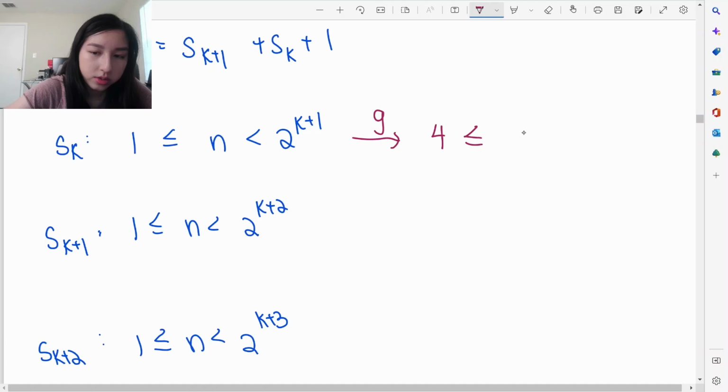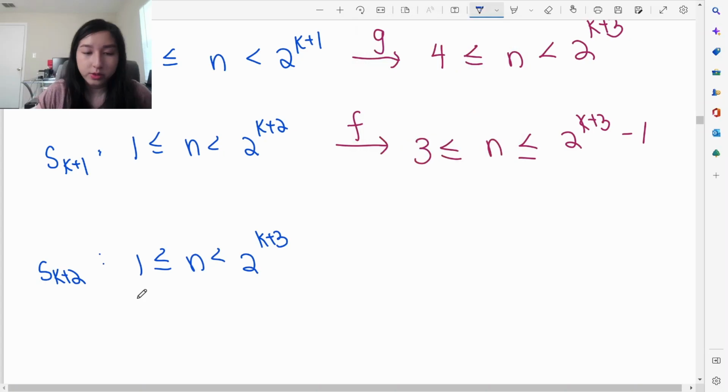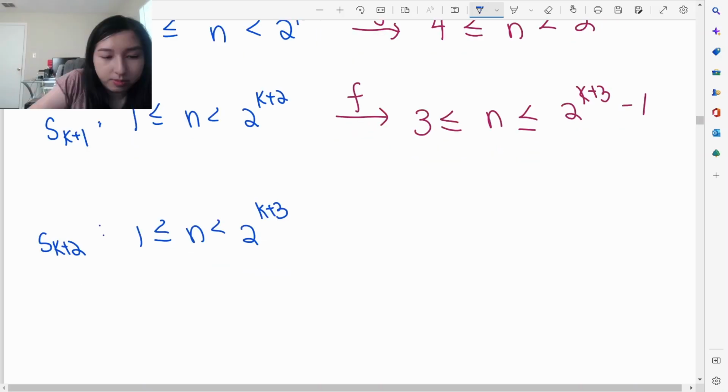Oh, and I guess 1 is included as a function as well, so if we do not count 1 as one of the solution sets, technically 2 would be, you can't use 2, 2 is not a number. 2 is not one of the numbers that would exist, 1 is, 2 is not, so that's why SK plus 2 minus 1 would equal SK plus 1 plus SK, for very similar reasons